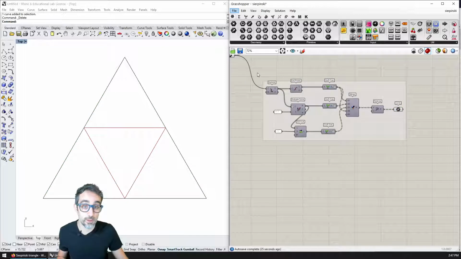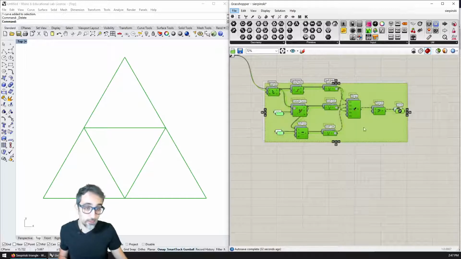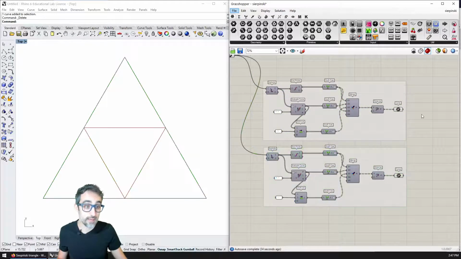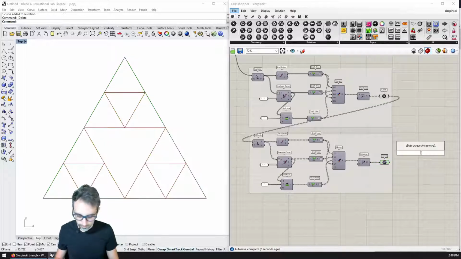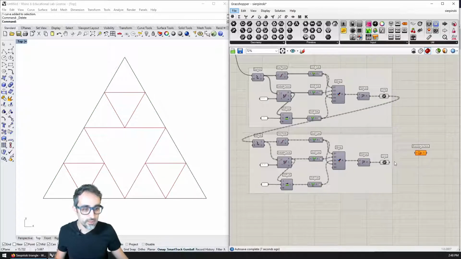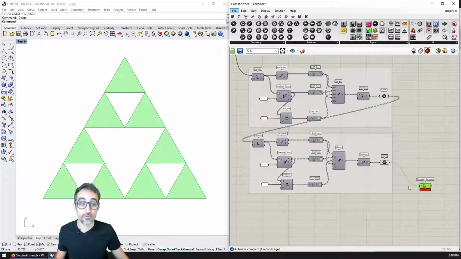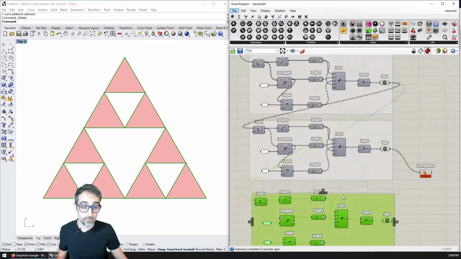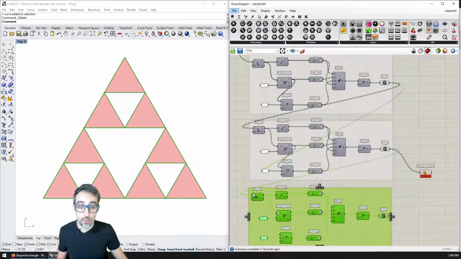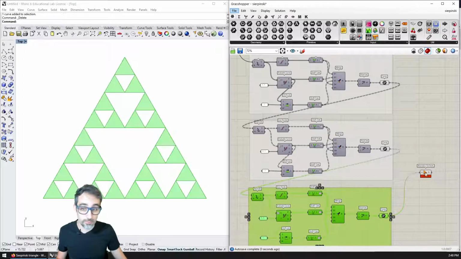The way we would do this manually with vanilla Grasshopper is that we simply take the whole thing, copy paste it, and feed the output of the first subdivision into the input of the next subdivision. Then we get this family of triangles that conform the Sierpinski tree. If we want 2 levels, we can do it. If we want a 3rd level of subdivision, we can subdivide even more and plug this here.